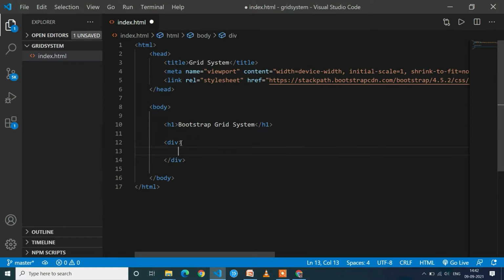So first I will declare this div as row. So as like our previous lectures, in bootstrap everything are classes only. So for this grid system also we have to use the classes. So here I will write class is equal to row. So this entire div is one row. Now we have to divide this div into 12 columns. Initially a row is 12 columns. Now we have to assign one HTML element for one column. So I will write div